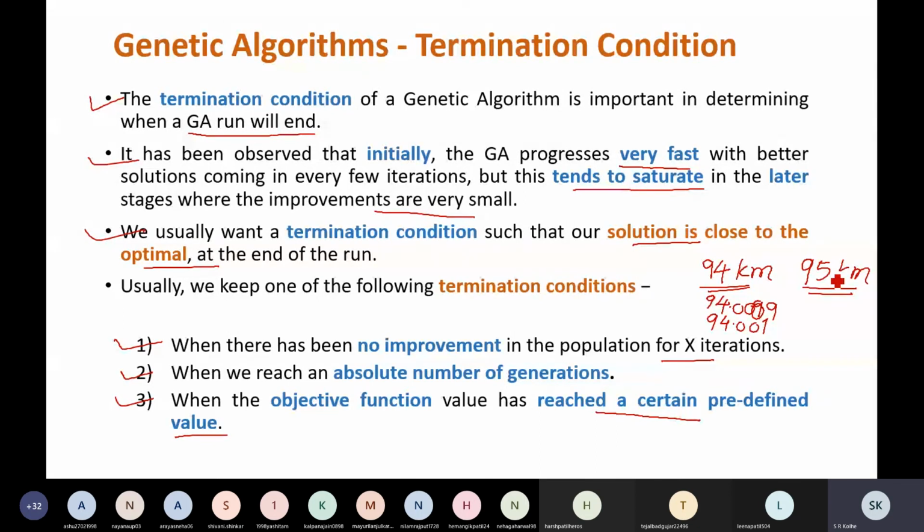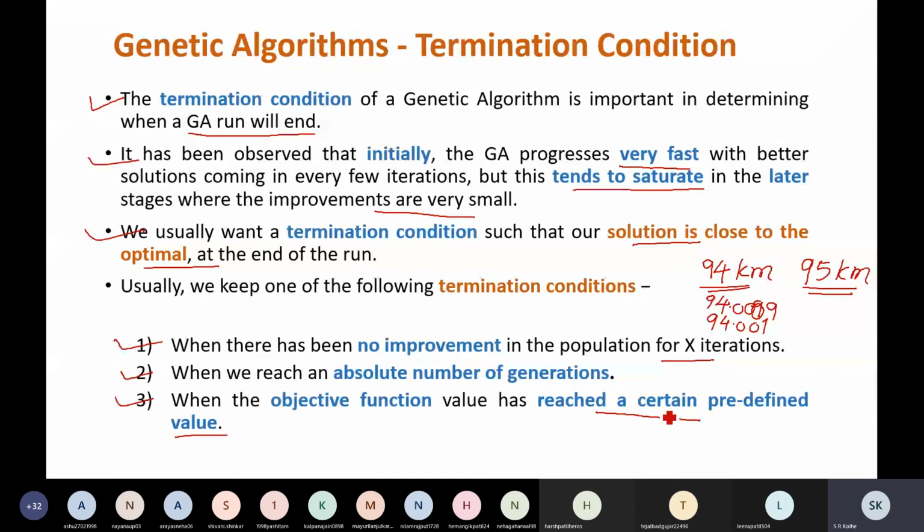You want the shortest tour, no? So 95 kilometers will be okay for you. Whenever your algorithm returns the fitness value 95, at that time you can specify that the algorithm will terminate. So these are the three possibilities, and you can specify one of them as a terminating condition.